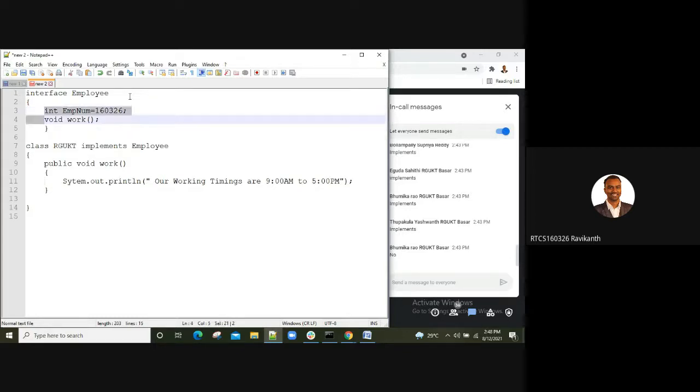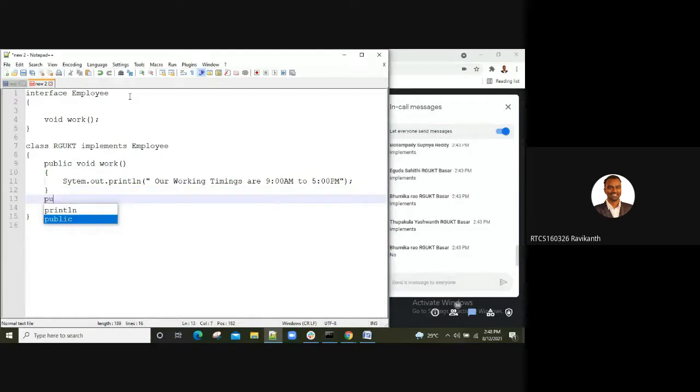We'll start with the basic thing, just the structure. Then what else do I have to create? The main method, public static void main, String args.